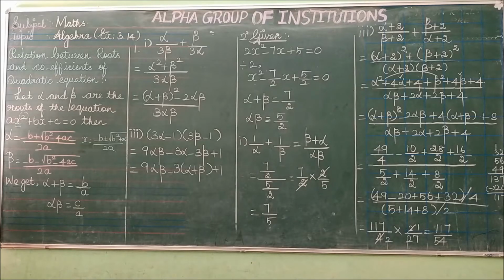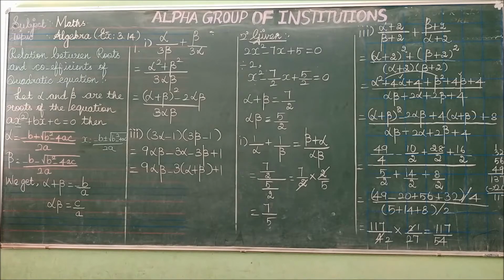Good morning to all. In our previous class, we learned about quadratic equations, quadratic expressions, zeros of the polynomial, roots of the quadratic equation, formation of quadratic equations, and solving the quadratic equation by three methods. First is factorization, second is the completing the square method, third is the formula method. Today we are going to discuss the relation between roots and coefficients of the quadratic equation.